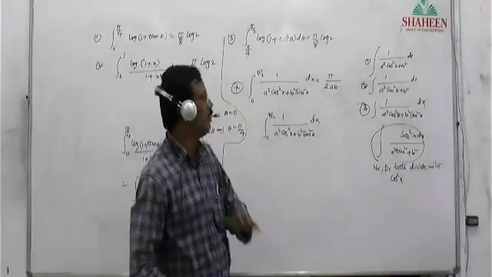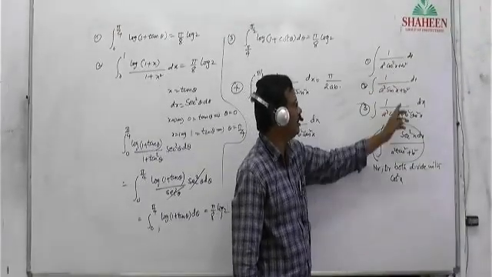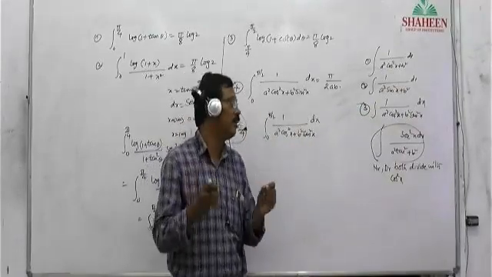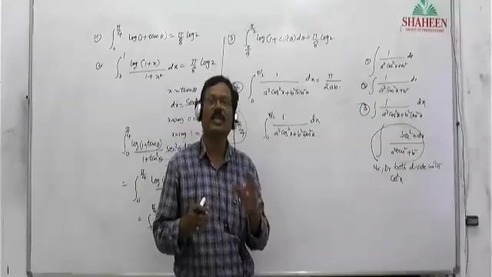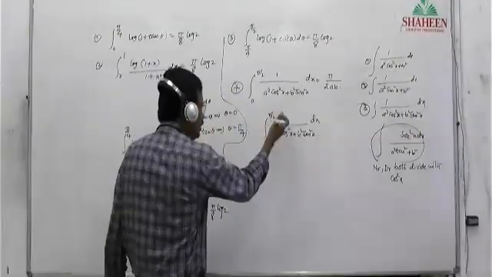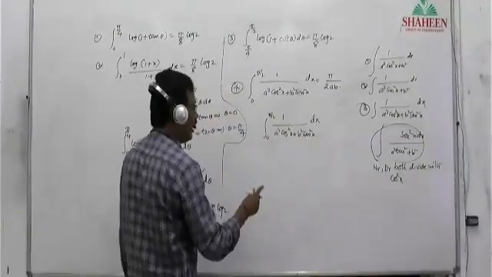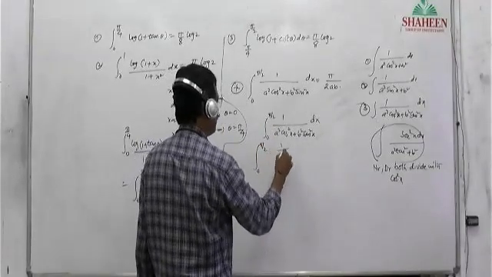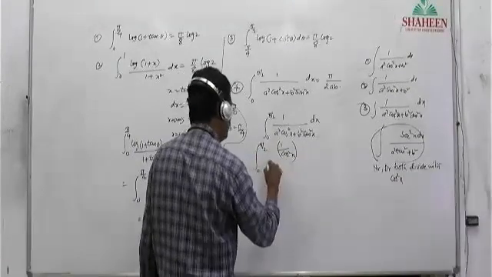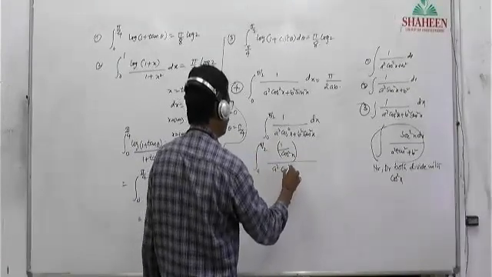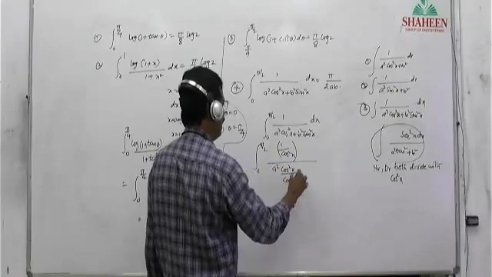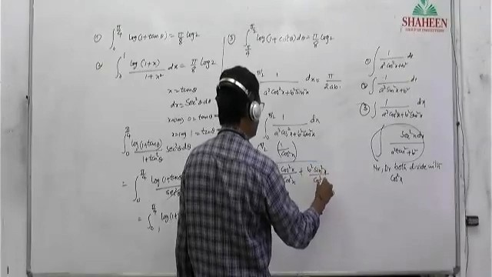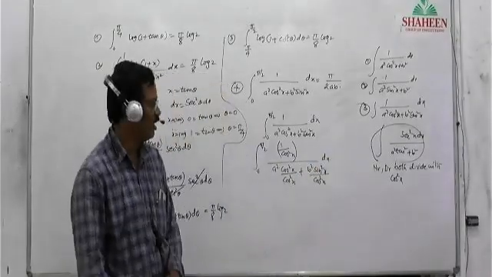Therefore, if you see any problem in terms of sine square and cos square, what you have to do is divide by cos square, numerator and denominator. Here this is the numerator one, this is the denominator. Therefore, divide the numerator with cos square x, and the denominator also with cos square x. So I am dividing numerator and denominator both by cos square x. Right. Now we get the solution.